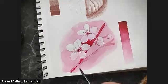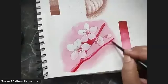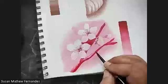Here I'm going to leave a little bit of lightness on the wing. This is what I was talking about, slight highlight. And the bottom is dark. Bring in this darkness at one side. But at certain places, just